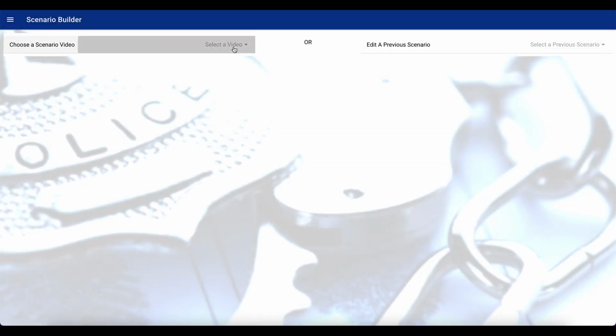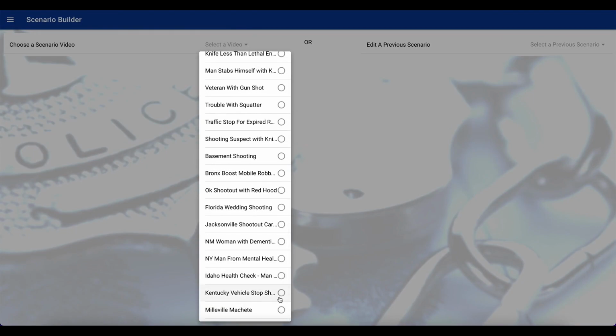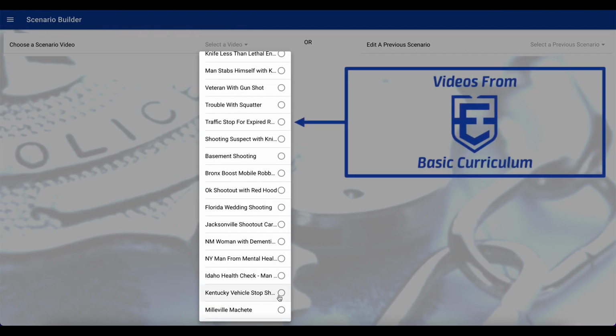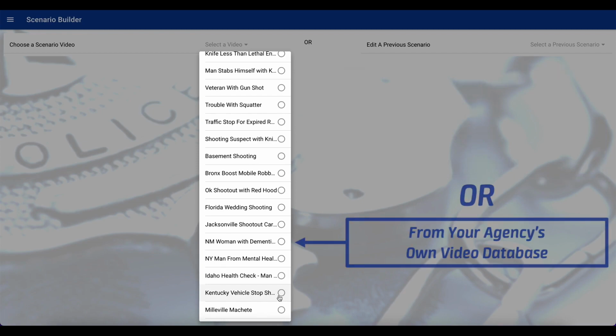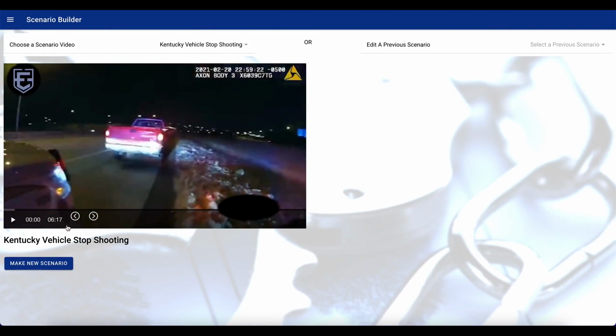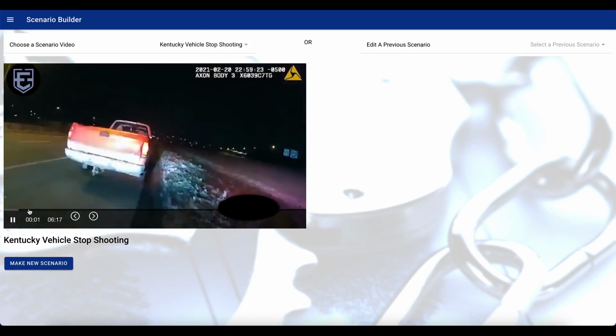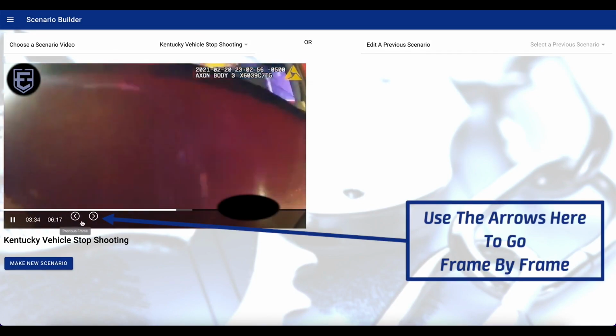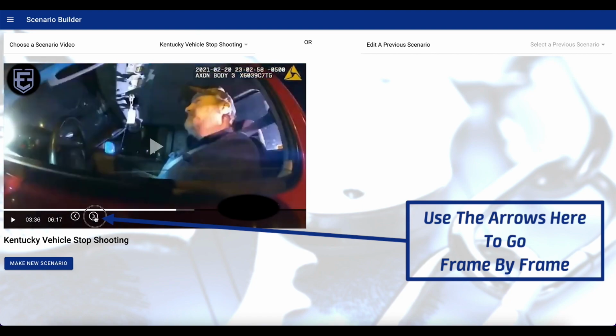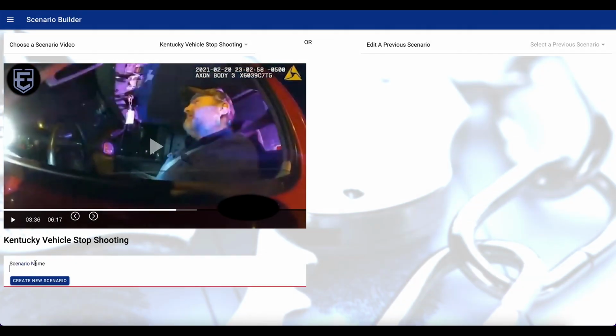To begin, we need to select a previously uploaded video. This video can be from the eTrain Basic Curriculum or from your agency's own video database. You can preview the video once it loads, you can play it, skip around, or use the arrows here to go frame by frame. We'll create a new scenario for this video and name it, quote, Kentucky Vehicle Stop Shooting